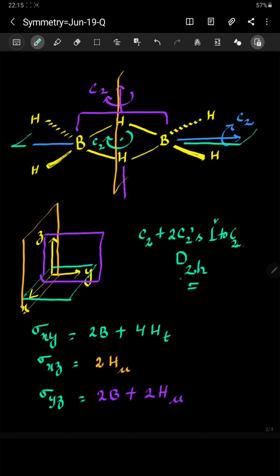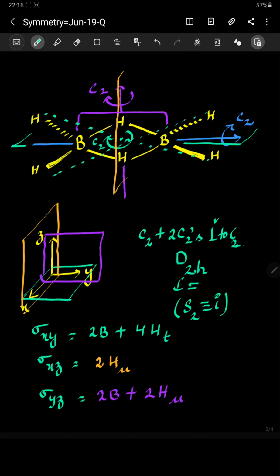And if it is D2h, since the order is an even number, the molecule will definitely have inversion. That inversion is also equivalent to S2. Because for the Dnh point group, Sn should be present, and that Sn here is S2, and S2 is equivalent to inversion. Well, we need not go for all the symmetry elements that are present. The preliminary confirmation of the point group comes from Cn and nC2 perpendicular to it. Here n is 2. So C2, with 2C2 perpendicular to it, will make it a D2 point group.